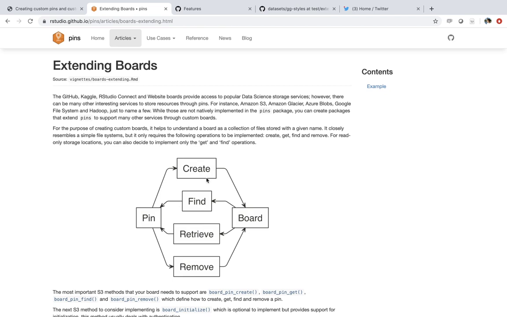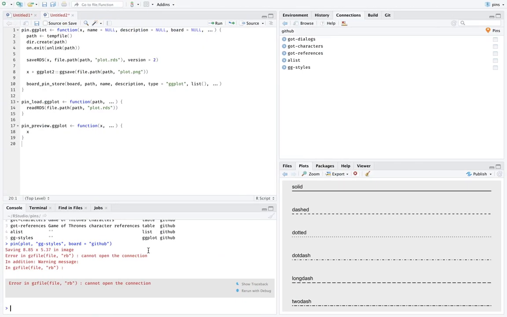You need to teach the board how to create a file on the remote storage location, and how to retrieve them. And two additional operations that can be quite useful are finding a pin and also, obviously, removing one. Now, you could potentially have read-only boards if you implement only the find and retrieve APIs. So this is actually the case when you do pin find